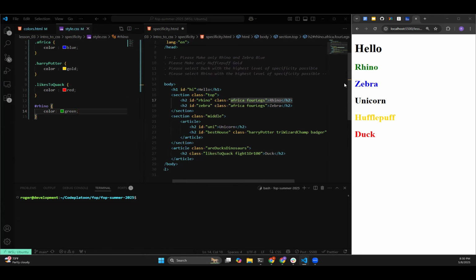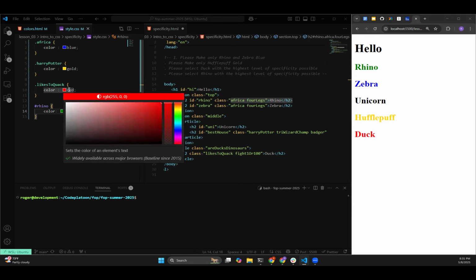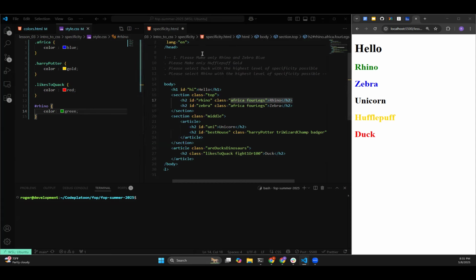So it's actually a fairly simple assignment. But the reason why I wanted to do this is so I can open up a topic of conversation. Why do we have two classes? Well, you can give elements multiple classes. They're reusable. What if I had, in this scenario, both Rhino and Zebra should be the same color. But what if